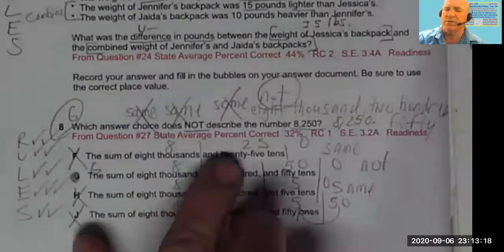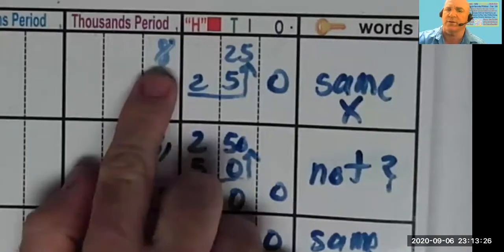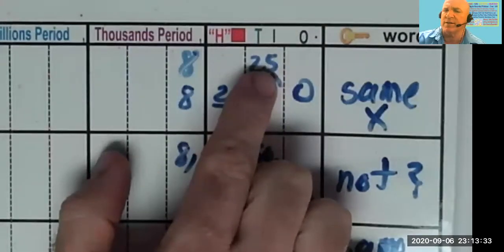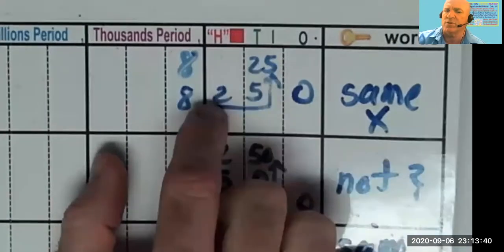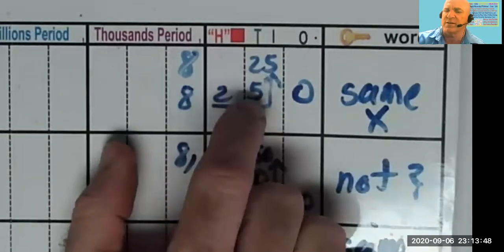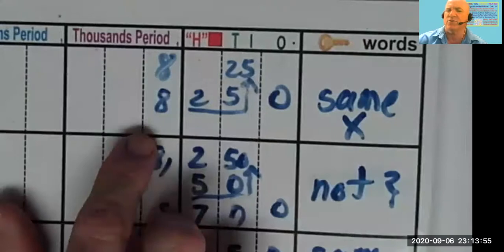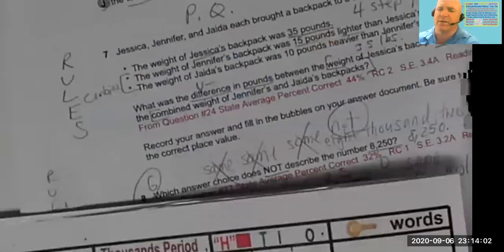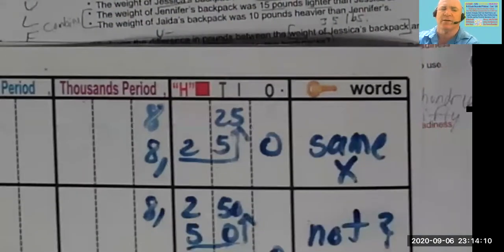The sum of 8,000 and it says 25 tens. So first we should do it exactly the way we read it. There's 8,000, there it is, and 25 in the tens. Well, if you have 25 tens and you're teaching your kids correctly, 25 tens means 2 hundreds and 5 tens. So 25 tens is the same thing as 2 hundreds, 5 tens, and because there's nothing else, we have to place a 0 there. We can't leave it empty. And if you look, 8,250 with the comma is the same as the number that they were showing. So we're going to write same there and eliminate letter